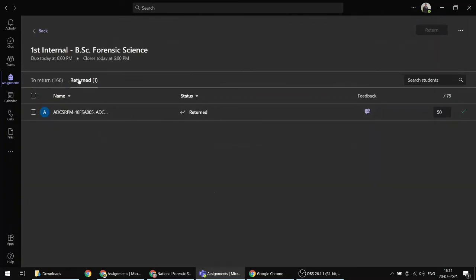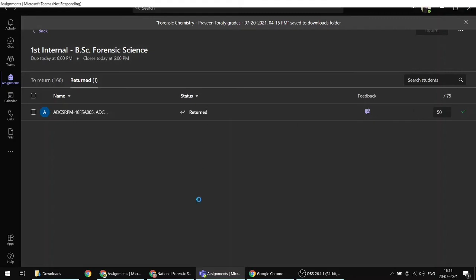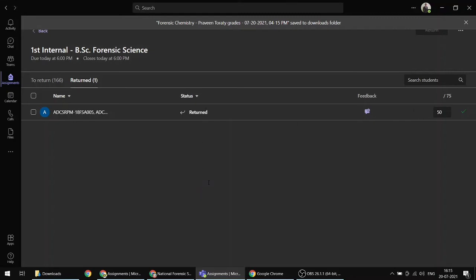If you click on Return, you will be able to see the students who have submitted their assignments. Here marks will be visible, feedback will be visible, and a tick mark can be seen. That is when you have corrected the assignment and submitted the result. If you click on Export to Excel, you will be able to download the Excel sheet of all the students who have submitted the paper and whose papers you have corrected.